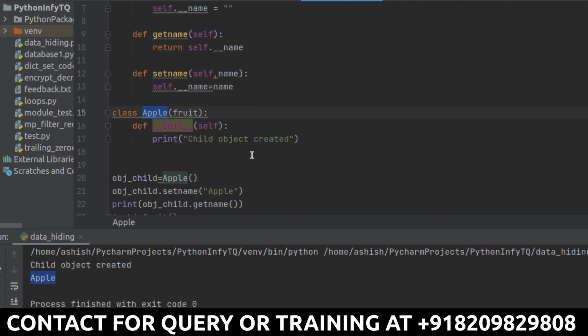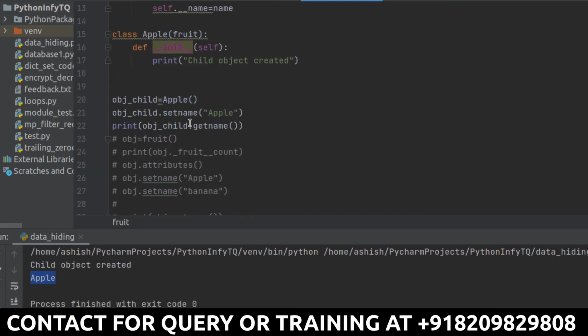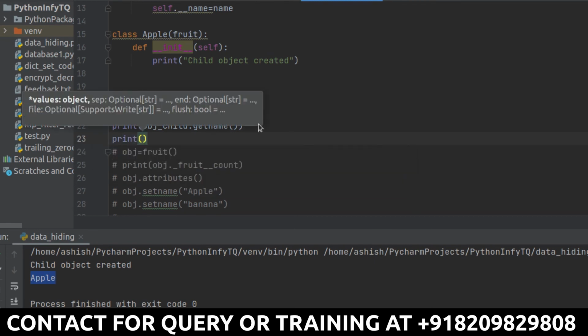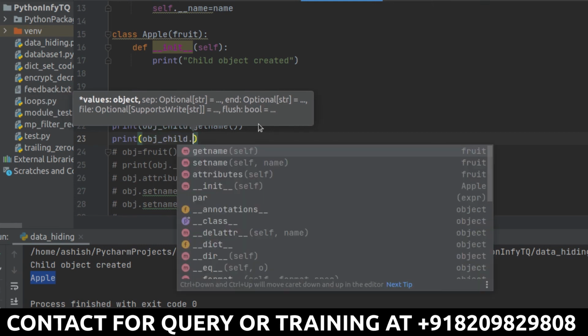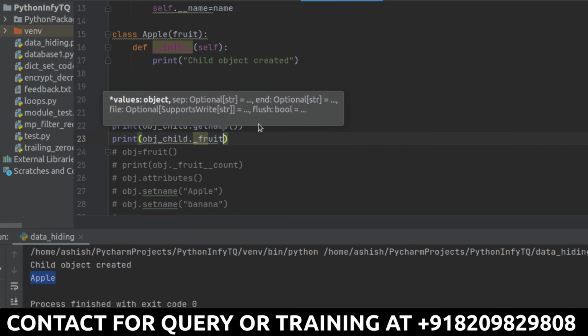So this is all about this. And one more thing is here, double underscore count. Let me try to access this as well. So print obj_child dot underscore count, right?